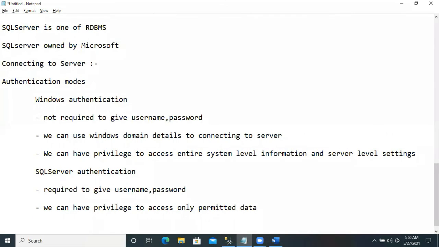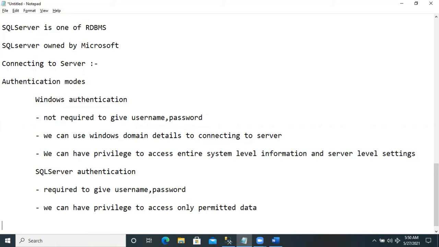As I said, even if we are perfect in developing the application part using any programming language, we require to have any one of the servers to maintain the data, the database server. Not only for maintaining, but whenever we need to represent something in the GUI, I'm fetching the data from the database. All GUIs, all front-end tools are client applications, and back-end tools are server applications. And in that process, here I'm working with the SQL Server.